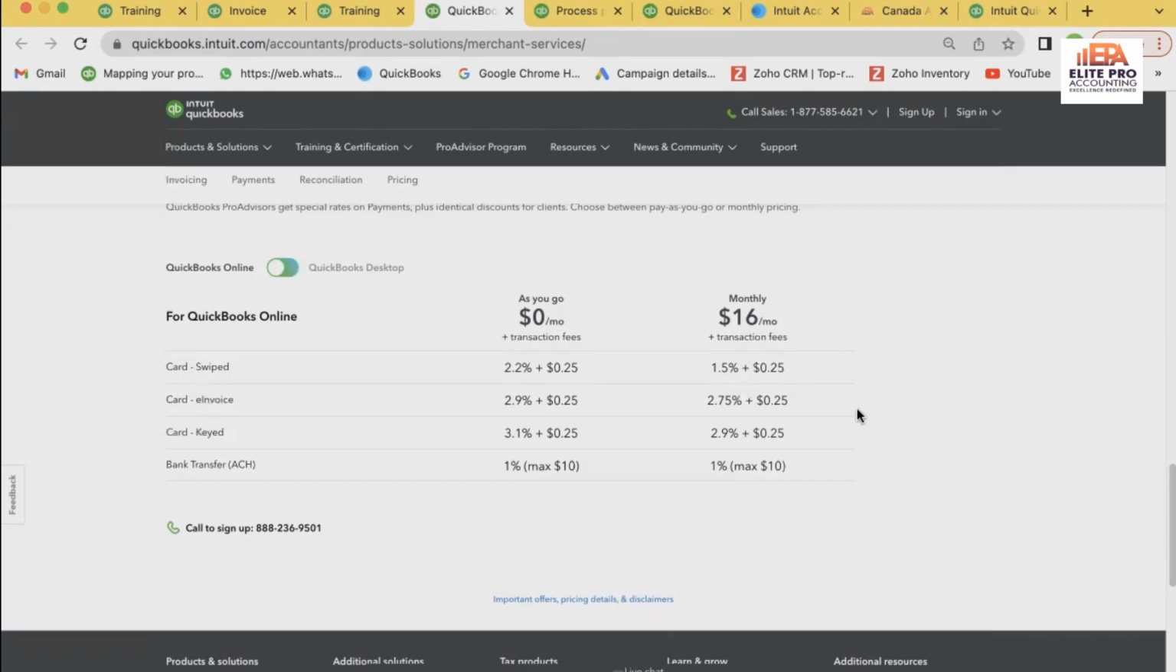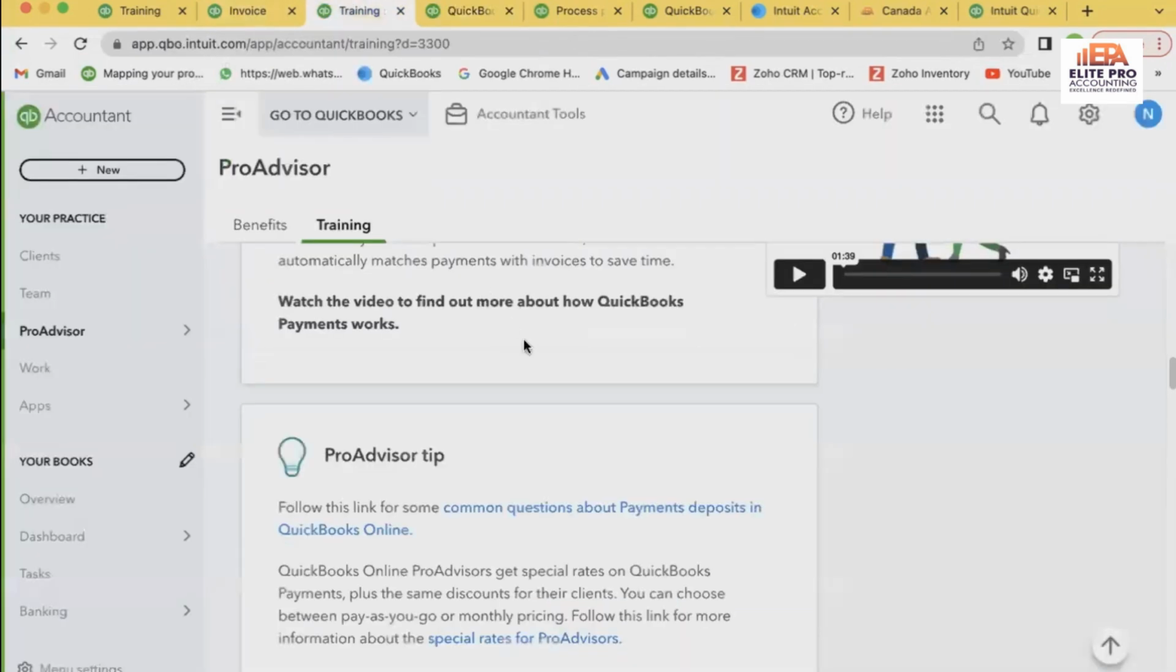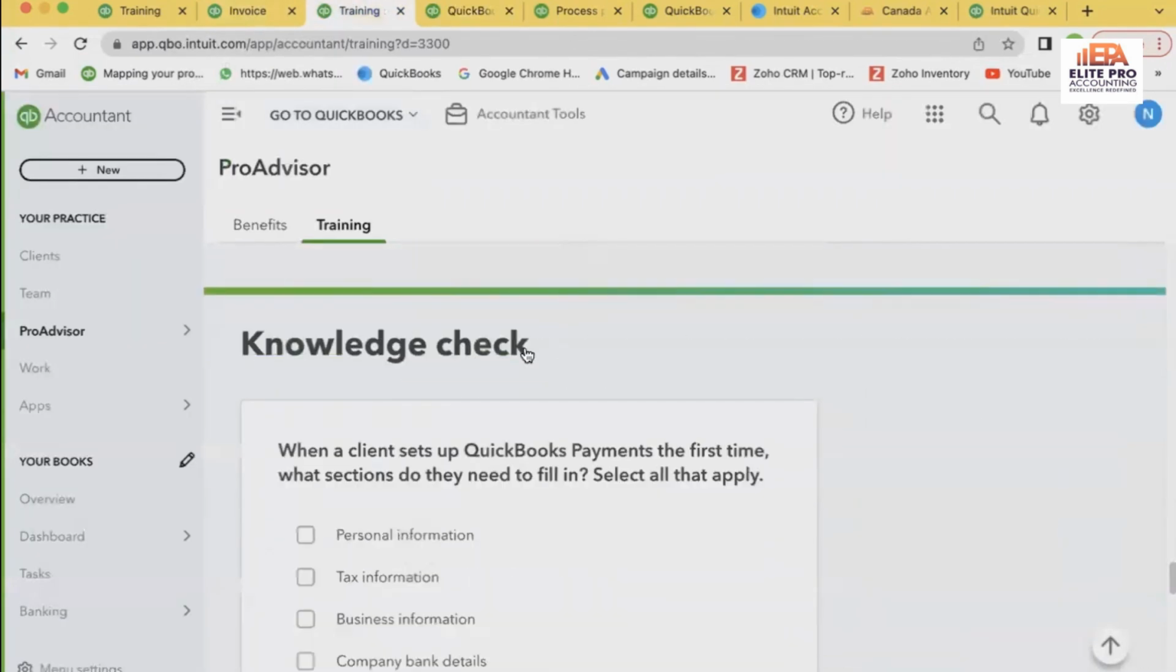Also, there are three options that it offers to the client. So let's go into that. QuickBooks offers three ways that you can receive the money from your client, and that is the